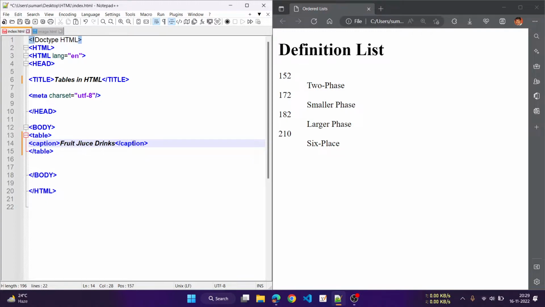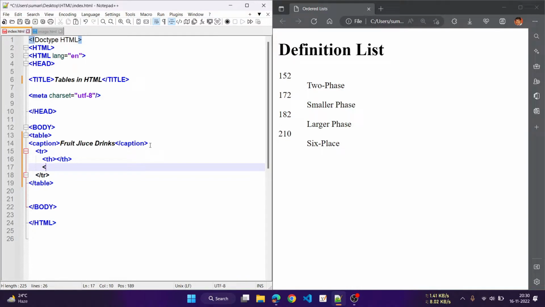Then the end of the caption, and now we are proceeding with the TR tag, that means table row. Here again we are starting with another tag, that is the TH. Then another TH tag,